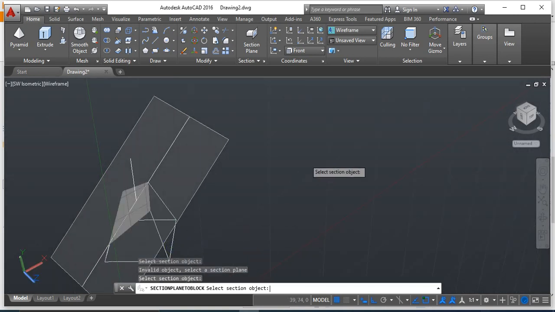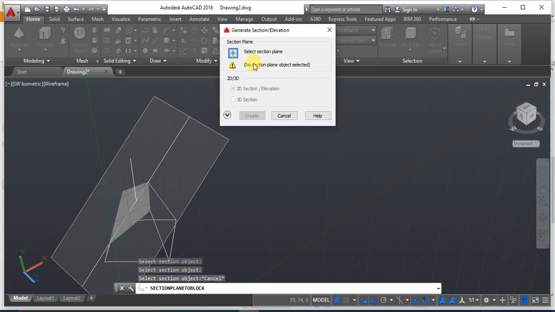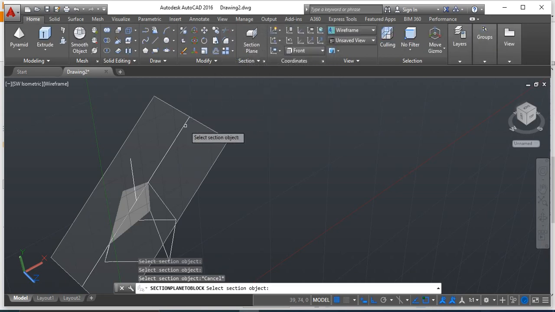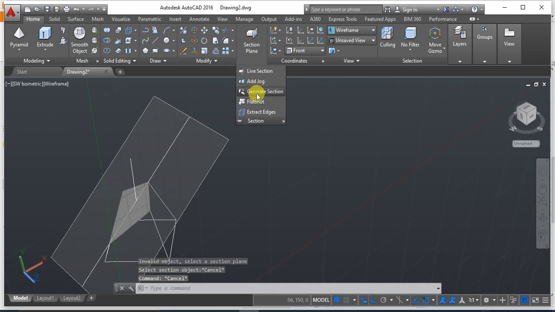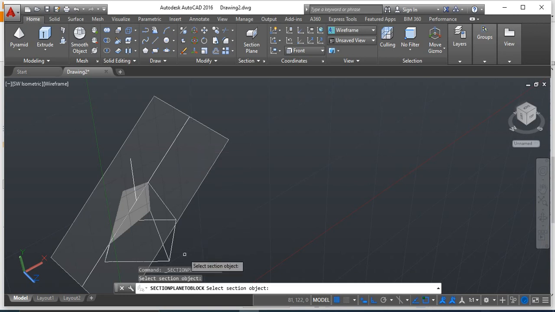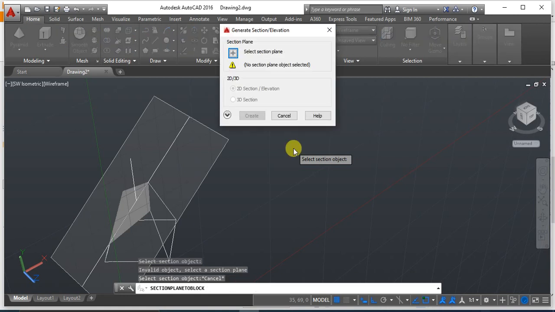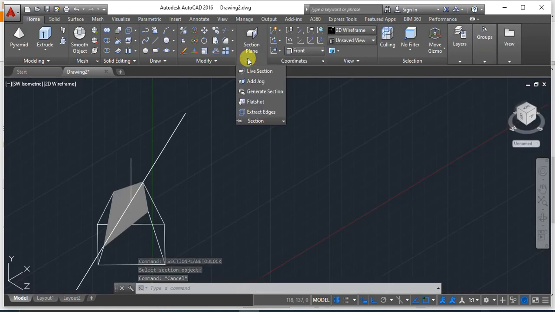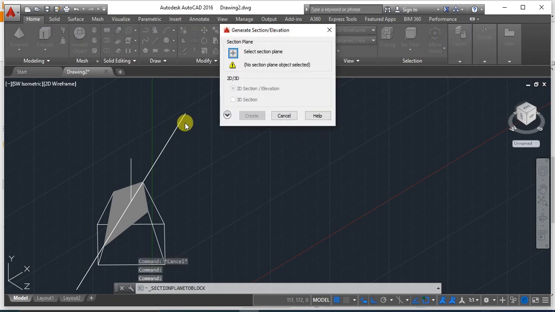Then generate section, select the sectioning plane, then select the sectioning object. So click on this, generate section, select the sectioning plane, this one, then select a 3D section.